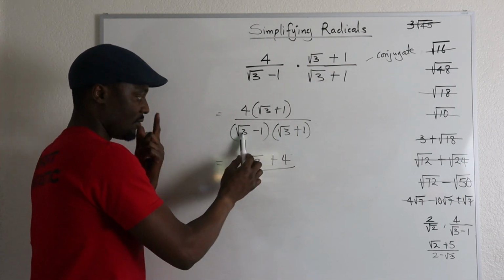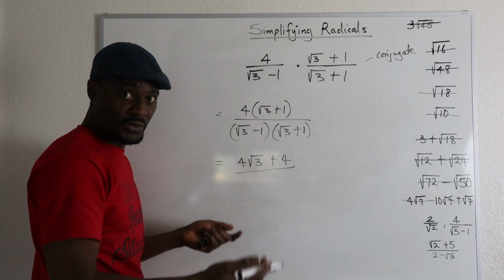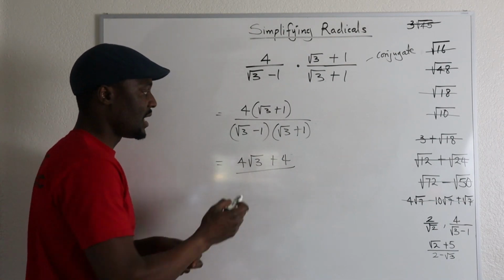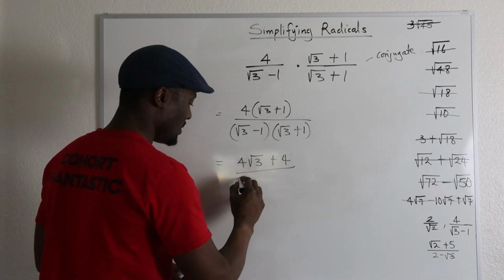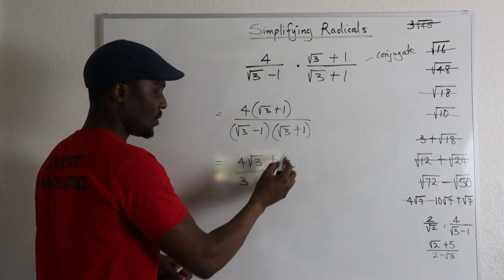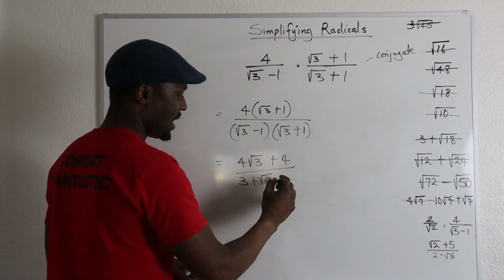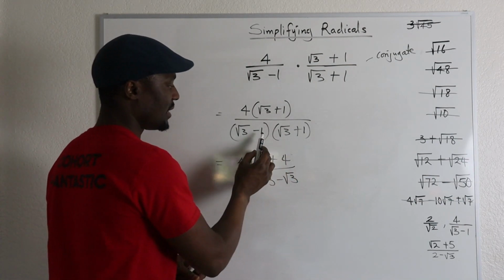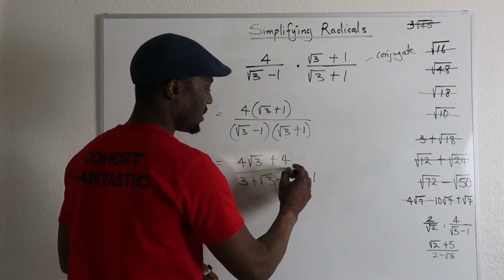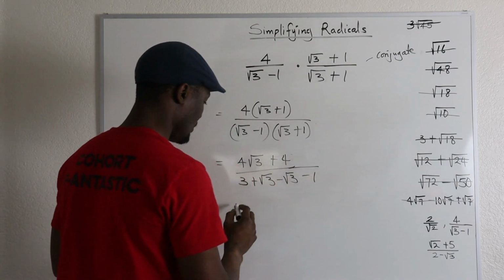you multiply this: rad 3 times rad 3 is going to be 3. Remember that, we don't want to keep writing it. Rad 3 times 1 is going to be plus rad 3. This times this gives you negative rad 3. And this times this gives you negative 1. So what you end up with will be